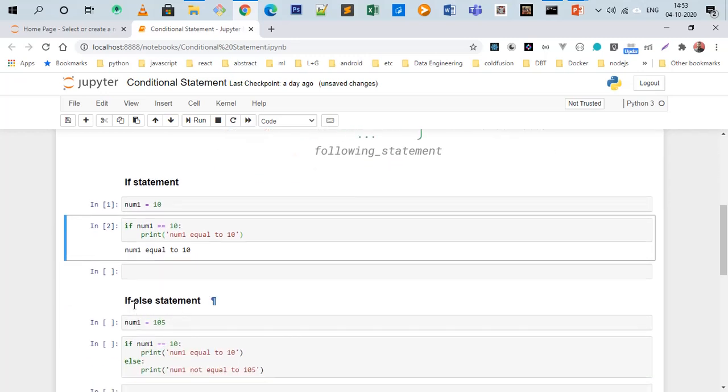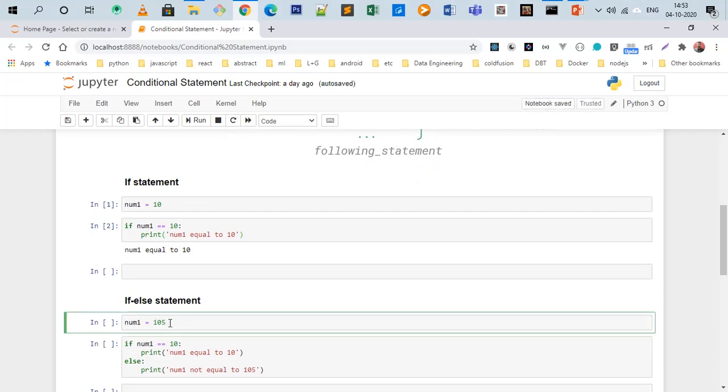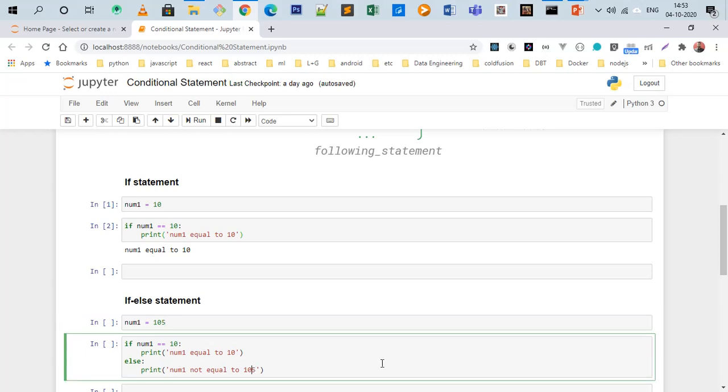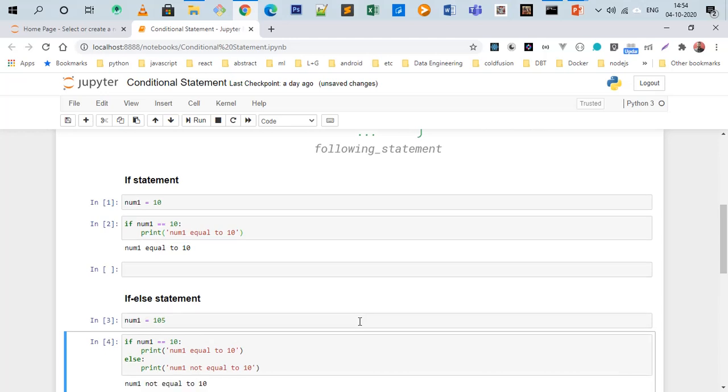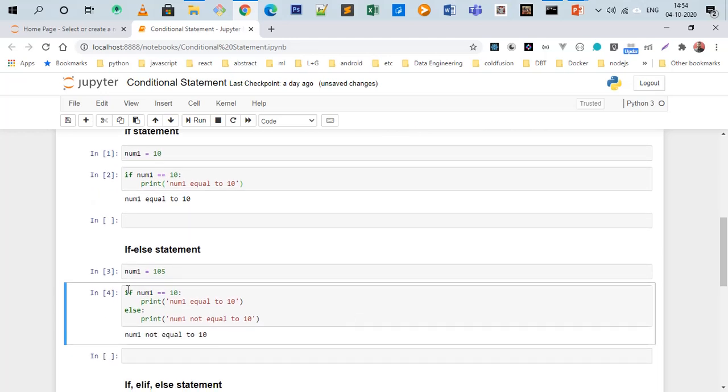Now we'll see the example of if else. We are taking number 1 equals 105 and we are checking number 1 equals 10, and otherwise number 1 not equal to 10. And we will try to execute this. So let's see how it executes.